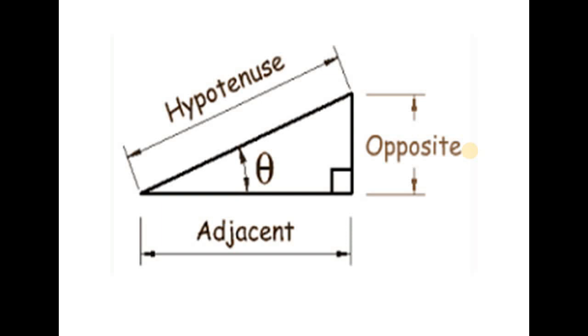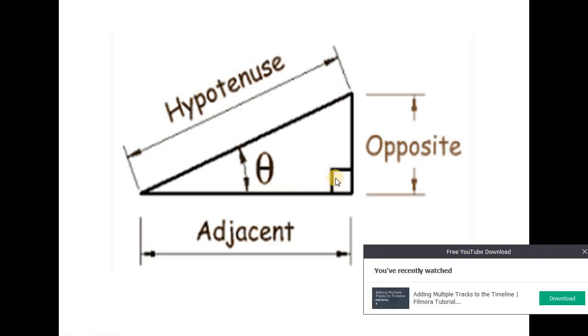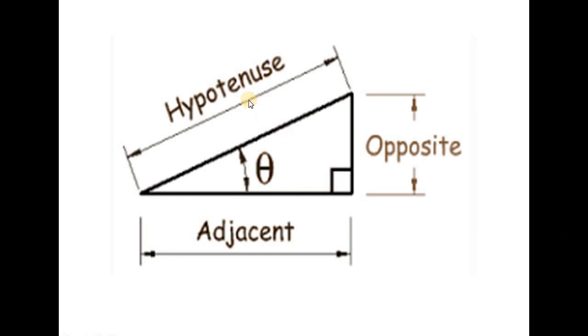And we saw that the right angle triangle is the one which we focus on mostly in trigonometry. So when you say a right triangle, it involves one of the angles as 90 degrees. That's why it's called a right angled triangle. And the side which is opposite to this 90 degrees is called the hypotenuse, and the side which is opposite to the angle theta is called the opposite side, and the remaining side is called the adjacent side.